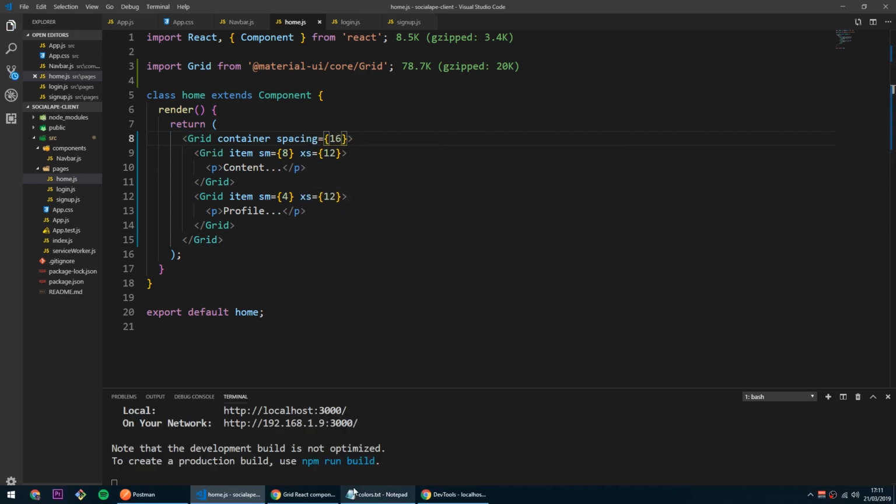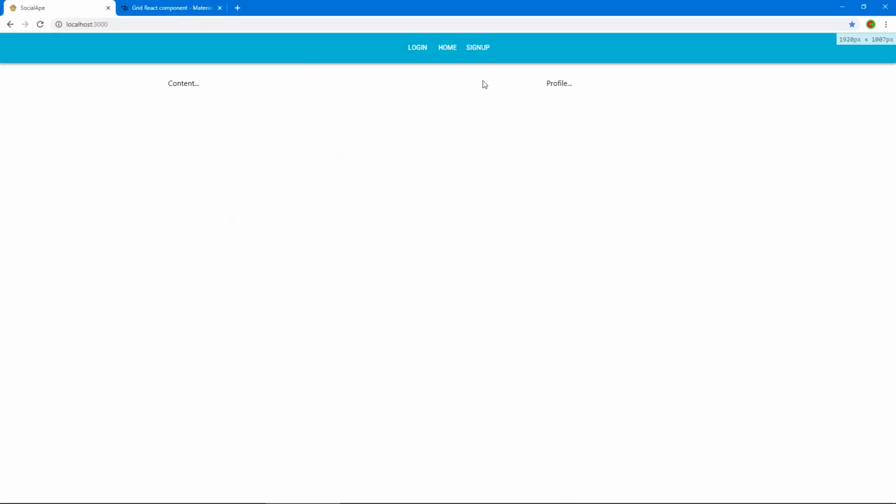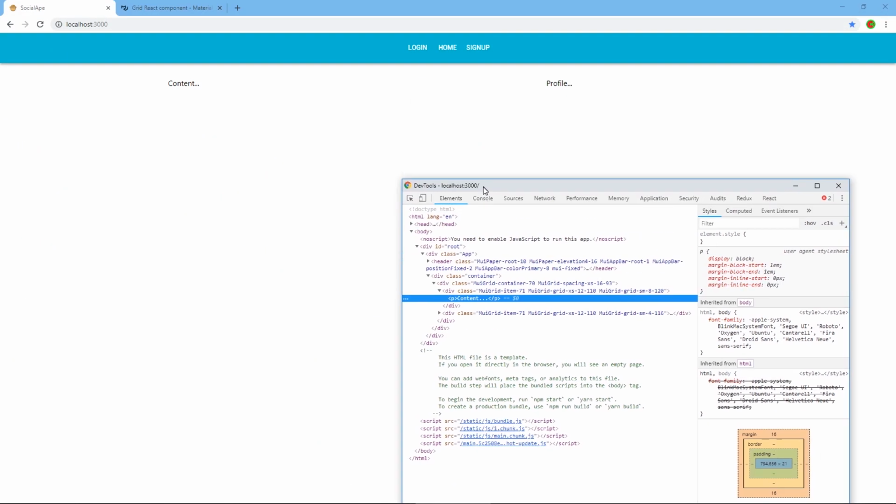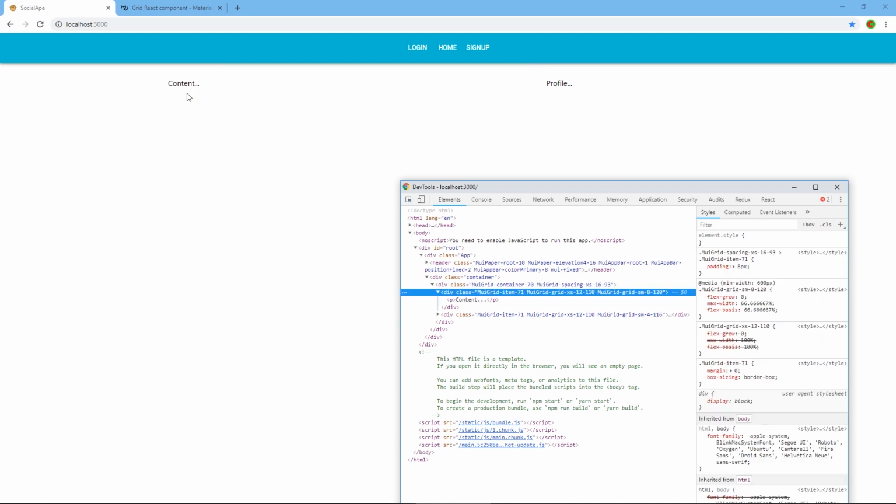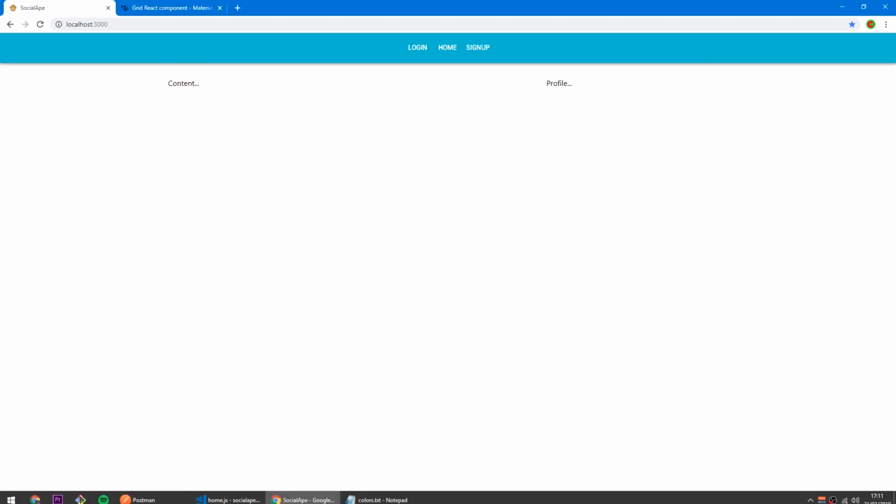I'm gonna save. Let's go back. And right now, if we inspect, you're gonna see that this would have a padding. Yeah, there we go. So it's got a padding, which is gonna push the content a little bit to the middle, so there would be space between our elements. All right, so